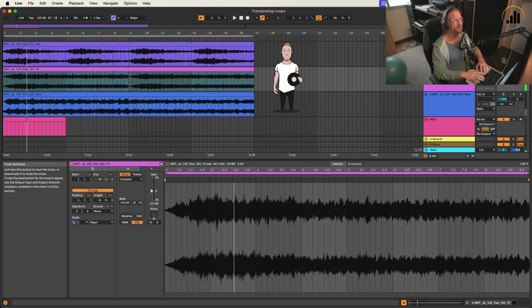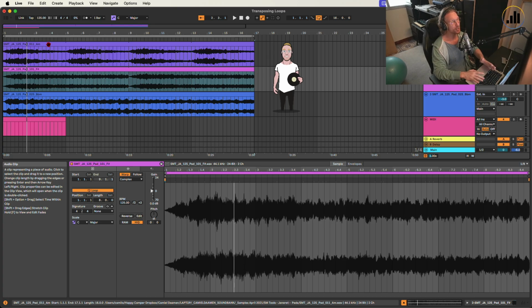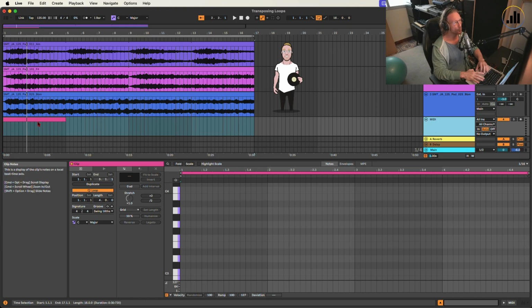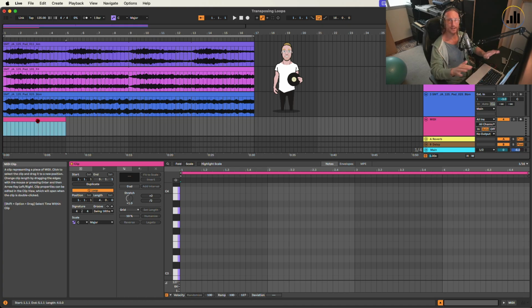it's not sounding all that great. So what we have to do, we have to transpose this F sharp into this A minor, right? But how do you do this? What's an F sharp and what's an A minor? Well, the hack is create a MIDI channel with a MIDI clip, just to have it there to see the